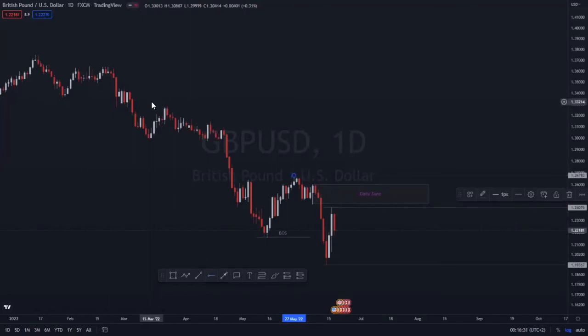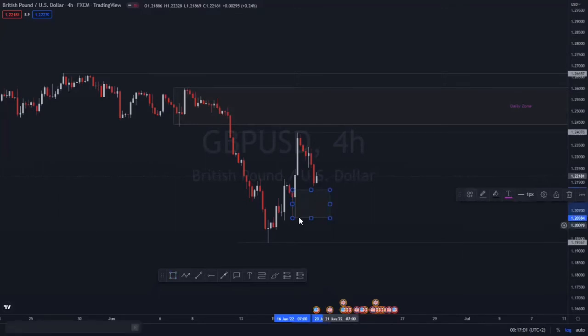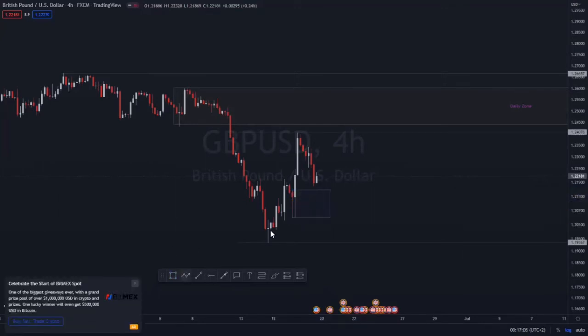Now, if we go to the 4 hour, then you'll see that there's possibly two scenarios that could emerge from GBPUSD. The market could react from this 4 hour weak demand, right? So I wouldn't necessarily advise you to buy from the zone, but if the market reacts from it, wait for a push towards the upside. Also wait for the market to take liquidity here, tap into some of the untapped orders from this candlestick over here